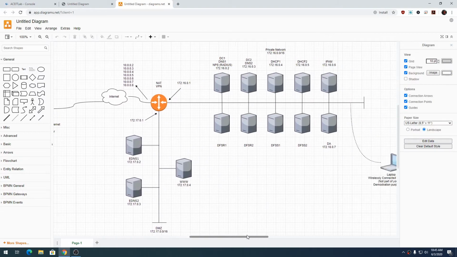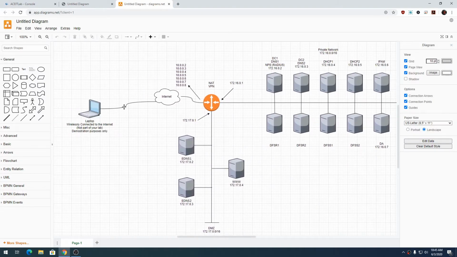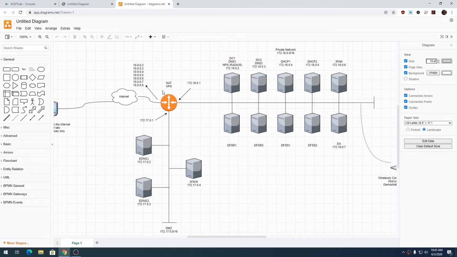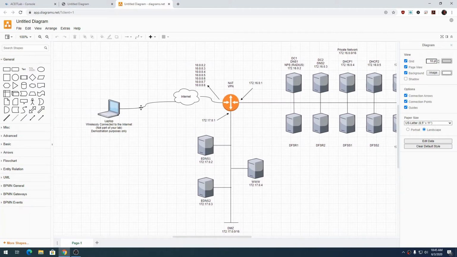So in the last time we played around with that, I had 8 public IPs. I want to change that so I only have one. I also want to demonstrate how to do PAT, which is port address translation, as opposed to NAT that we've been doing, where we had a one-to-one relationship. We had .8 associated with the web server, .7 associated with eDNS2, and .6 associated with eDNS1. So what I'm going to do is